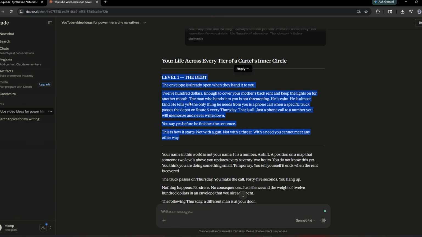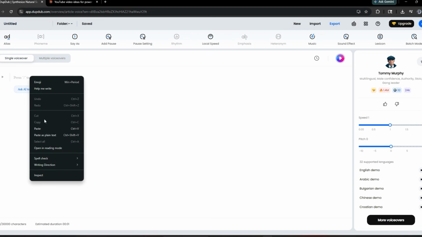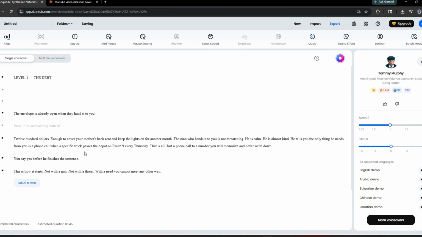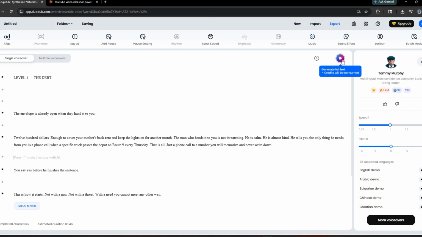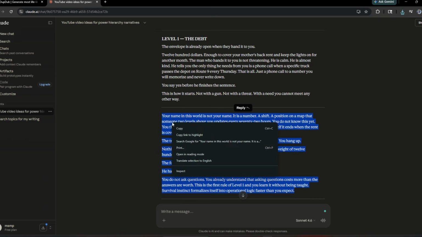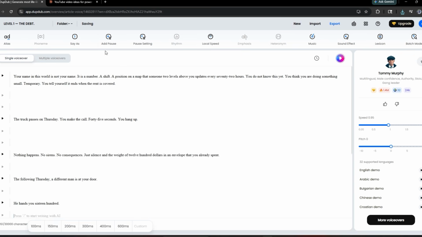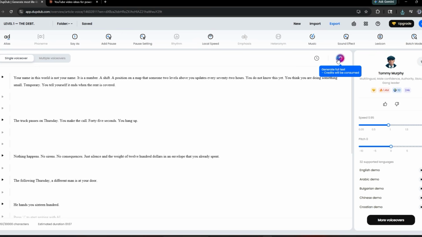Now don't paste your entire script at once. This is a fatal mistake for AI voice generation. Take it in sections, paste one section, preview it, adjust the pacing if something sounds off. Add pauses where the story needs to breathe. Emphasize certain words to hit harder. When it sounds exactly right, export that section. Then move to the next. Build the full voiceover piece by piece. When you're done, you have the full audio backbone of your entire video.